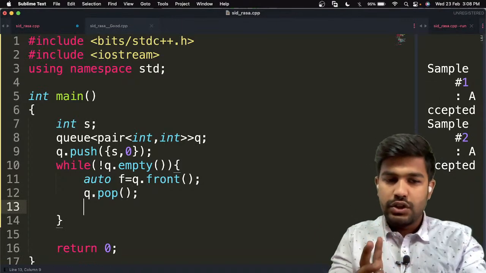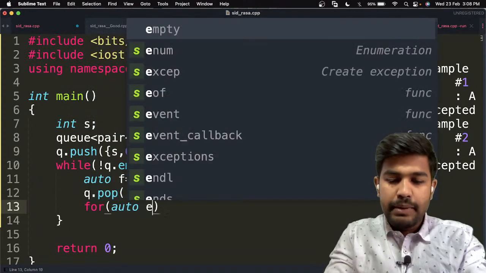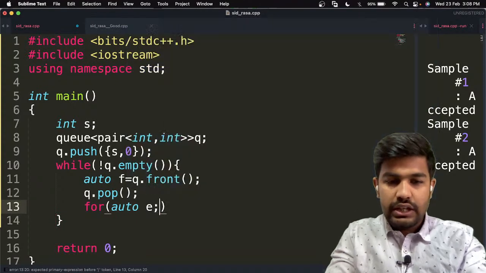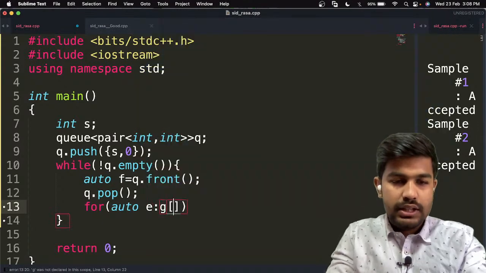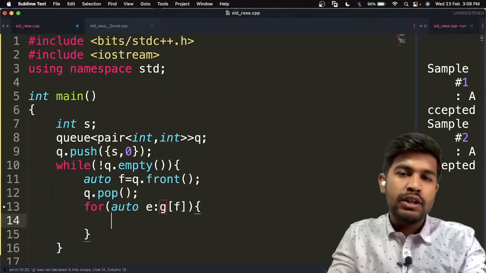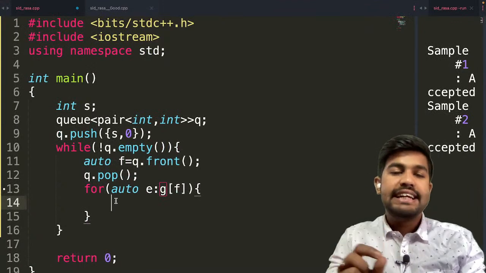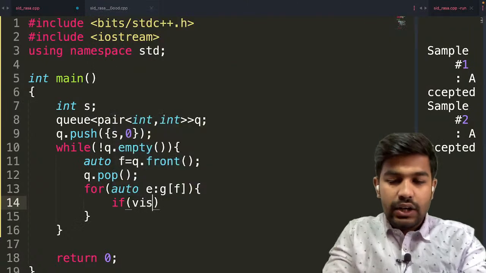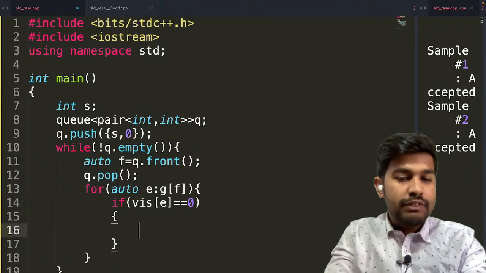The next thing we do is start iterating on the neighbors of this particular f. So auto e, this would return the neighbors of this particular f. We are iterating on the adjacency list. So if visited of e is equal to false, meaning it is not visited, then what we do is